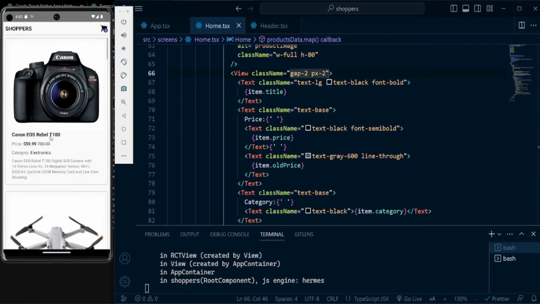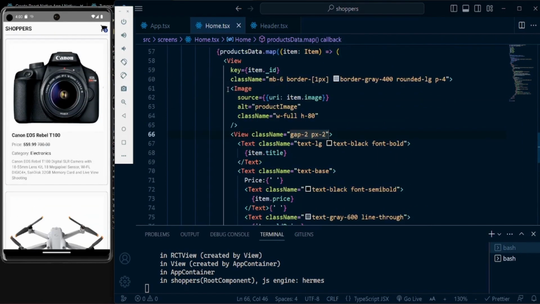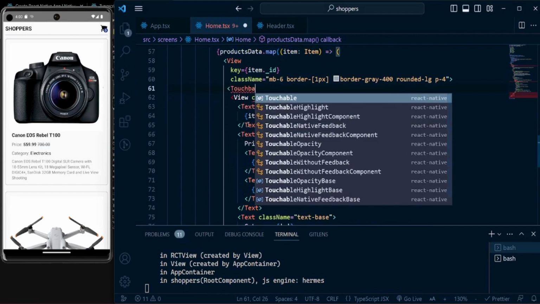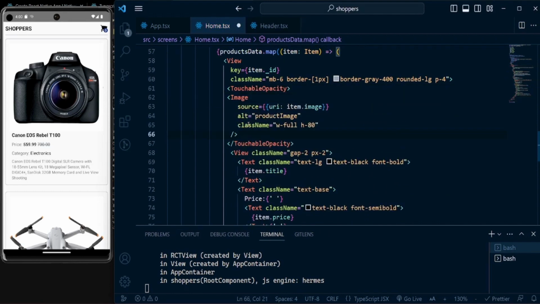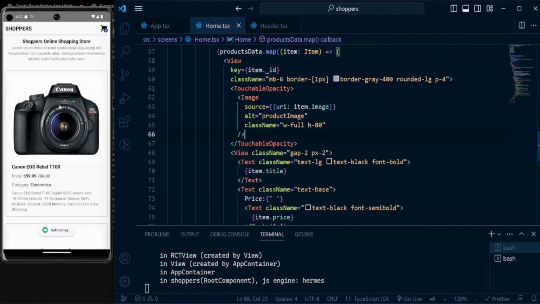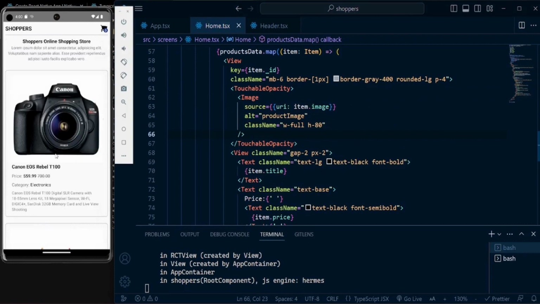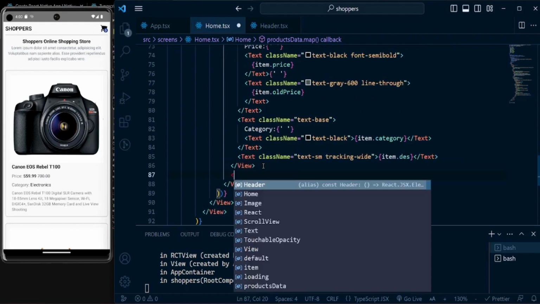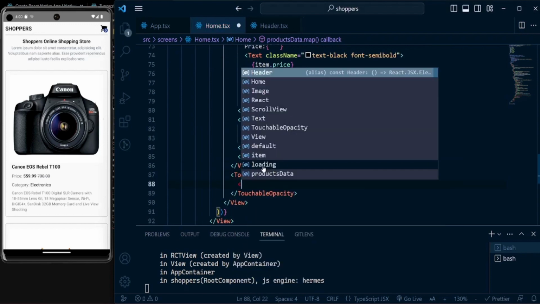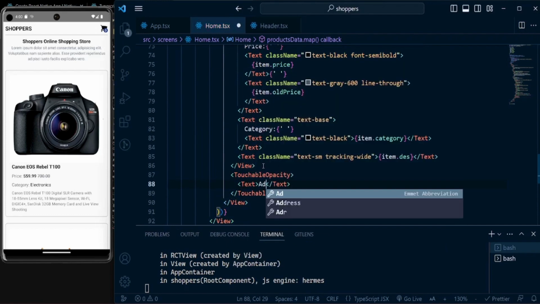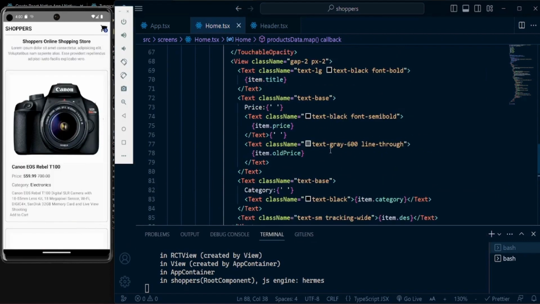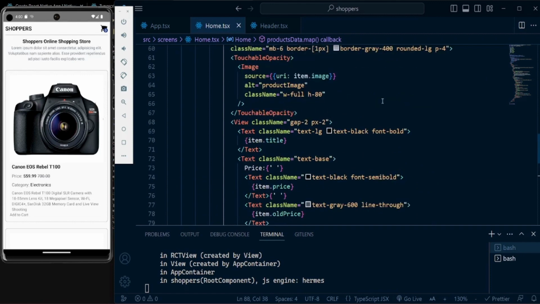Okay, so now what we want to do in that image is add it as a touchable opacity, because once we click the image, I want to create a function which is going to take us to the detail page. And then also in that view, we want to add a button which is also going to be a touchable opacity, and it will be Add to Cart, which is going to be responsible for adding our products to the cart. And for that one, okay,